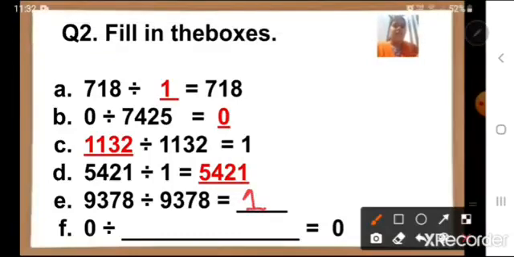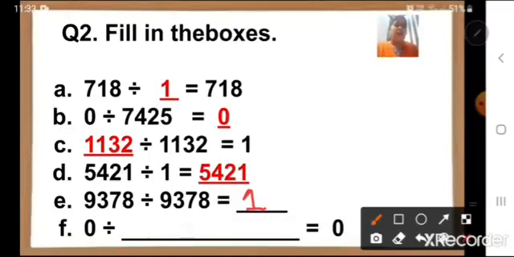After that F. 0 divided by dash is equal to 0. Now this question is a tricky one. Here 0 can be divided by any number, right? And we can get the answer as 0, correct? It is your third rule. 0 when divided by any number gives the quotient as 0. So here we can write any number, but we can say except 0. 0 divided by 0 is not possible. Okay, it will clash with our fourth property, which is it is not possible to divide a number by 0.